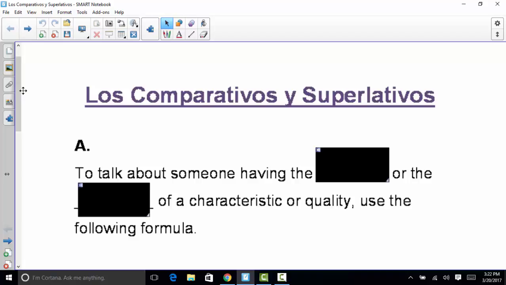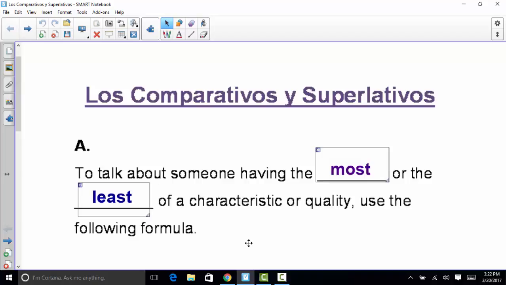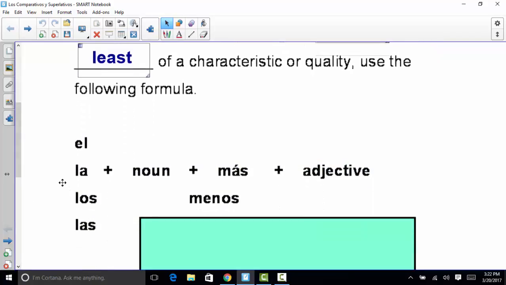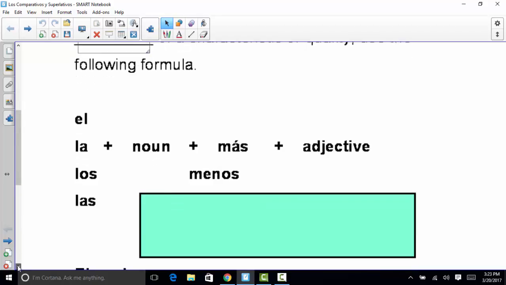So starting with letter A, to talk about someone having the most or the least of a characteristic or quality, you're going to use the following formula. We start with the definite article, the el, la, los, or las, then the noun, whatever noun it is that you're using in your sentence. If you want to say the most something, you would use más and your adjective. If you want to say the least something, you would use menos and then your adjective. Just to give you an example of what that would look like,